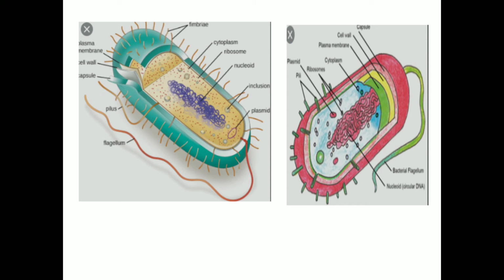Again, this bacterial cell also consists of extra chromosomal material. It may be present in some bacterial cells or may be absent in some cells. So it depends on the species of the particular bacterial cell. This extra chromosomal material, the plasmid, does not affect the survival of this bacterial cell, but it is useful in biotechnology for recombination.